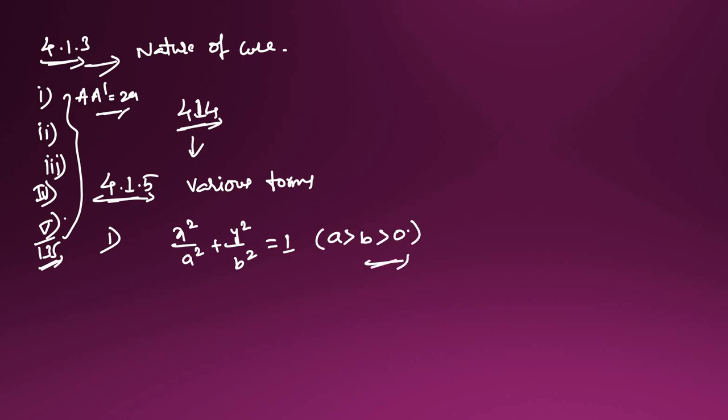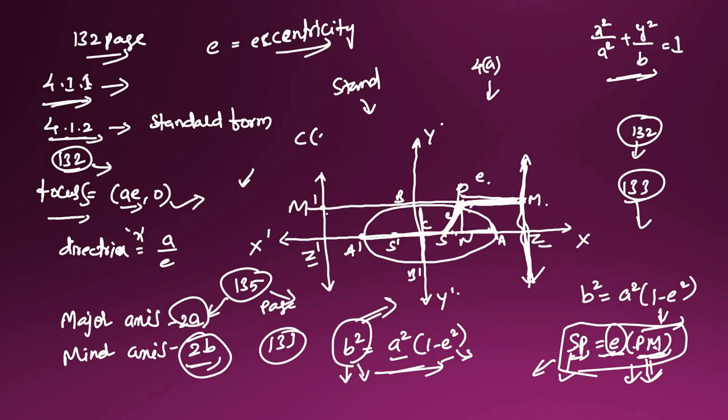Okay, the diagram is also given on the right side. Please check that diagram. Please practice this, A dash and S dash, focus S is equal to. So this is the standard form of the equation of the ellipse. There you will find the lengths of the major axis and minor axis, and the center at (0, 0). One thing I forgot to tell: the center (0, 0) is for the standard form. Please remember this also.